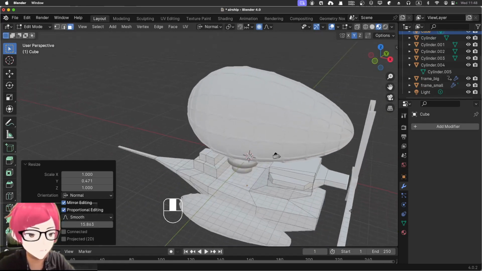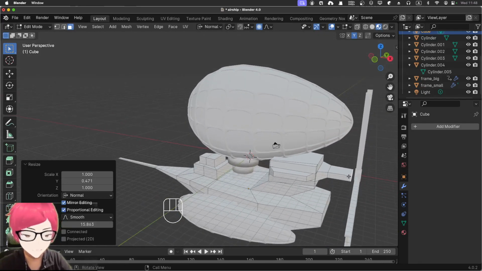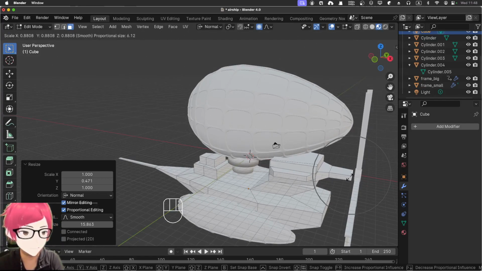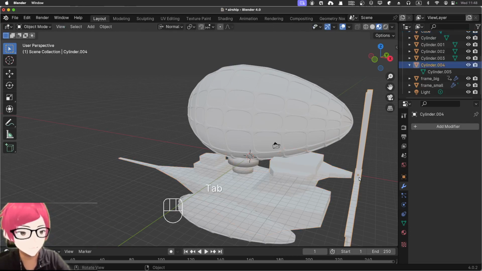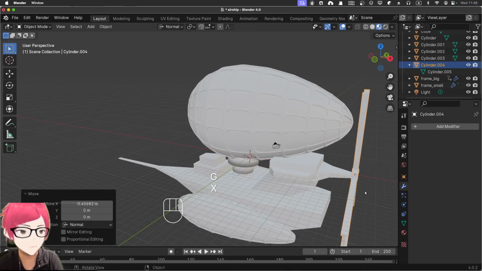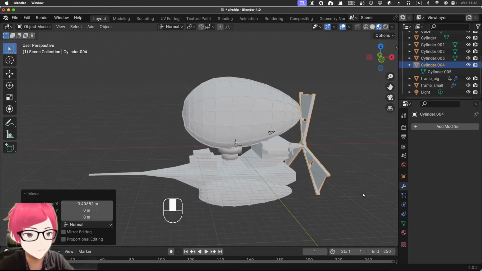So I get the tail scaled down. Yeah. But right now let's just not go too much. Okay, so here that should do. And then grab that x-axis just to make it connected. Okay, so I got a really crude